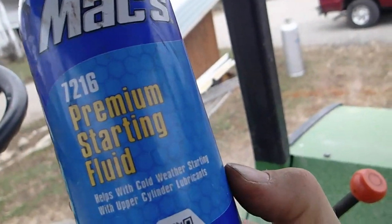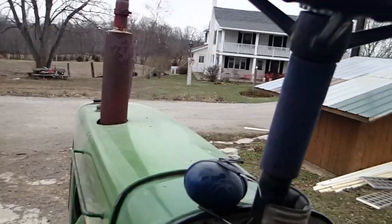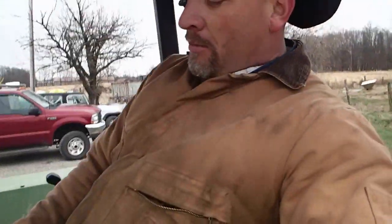The new ones are okay. But anyways, I've seen on the internet a lot of times, guys just sit there and crank and crank and crank, and the blue smoke and everything goes, and then of course they come out and get the premium starting fluid, and they'll squirt it up in the hood there and do what they gotta do. But I'm going to demonstrate something that